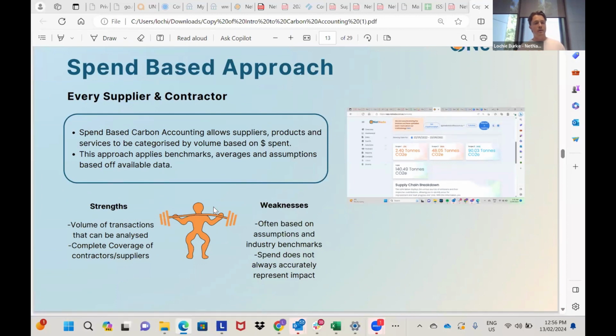But however, while it is a complete coverage, it is not necessarily a very pinpoint accurate or granular coverage. There are often assumptions in the weaknesses in this approach, which means the approach is really only as good as the data that you have and the database that you're referring to for your conversion factors. So while it does represent a good assumption of what your emissions are,